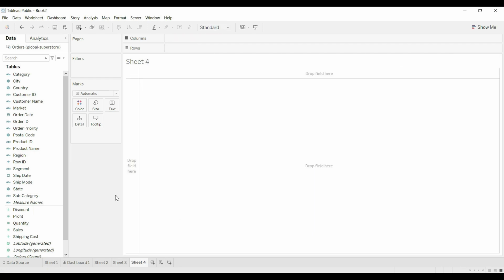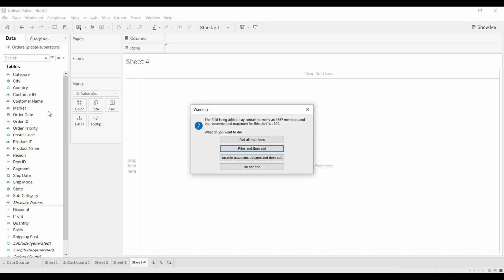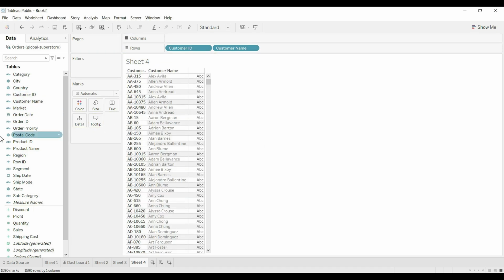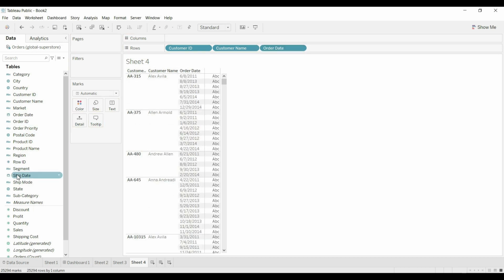Let me create one more chart, and for that I think I can create a grid chart where I will use customer ID, and let's suppose we use order date, and let's put sales here.